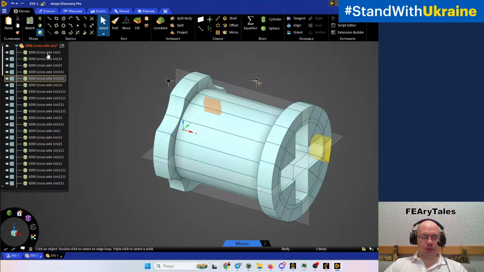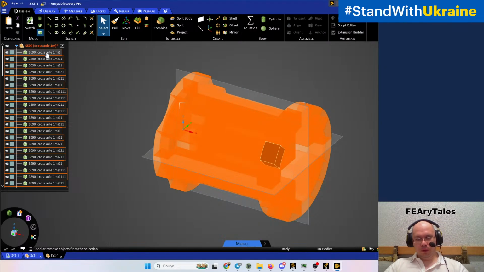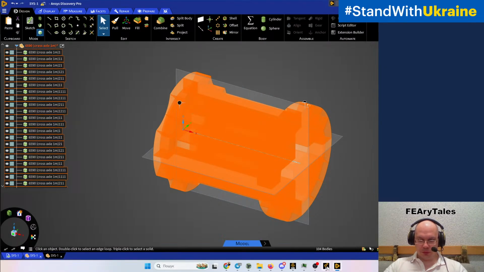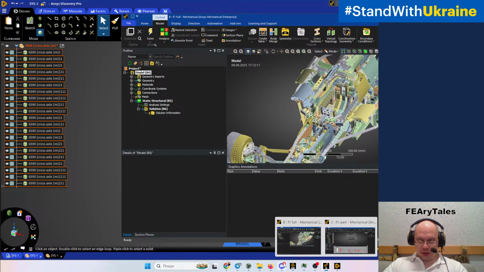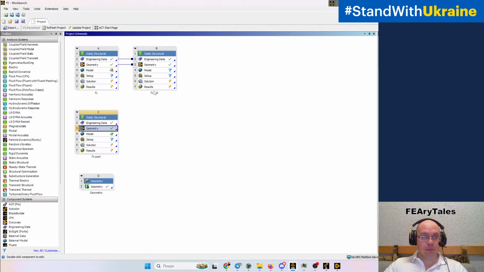Because we do a lot of works with a lot of effort, with big amount of efforts. So the geometry